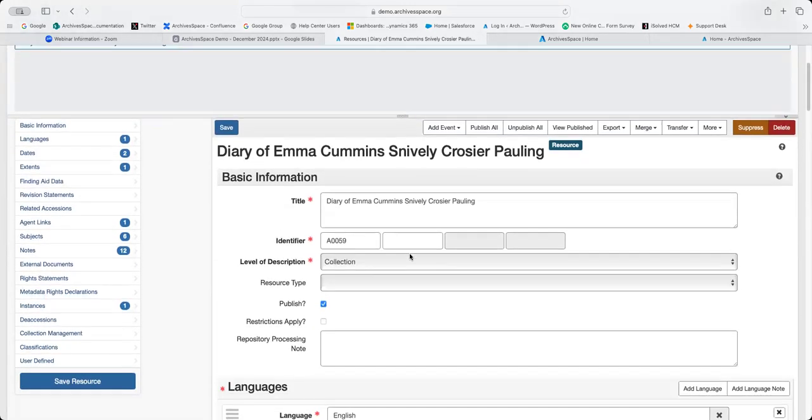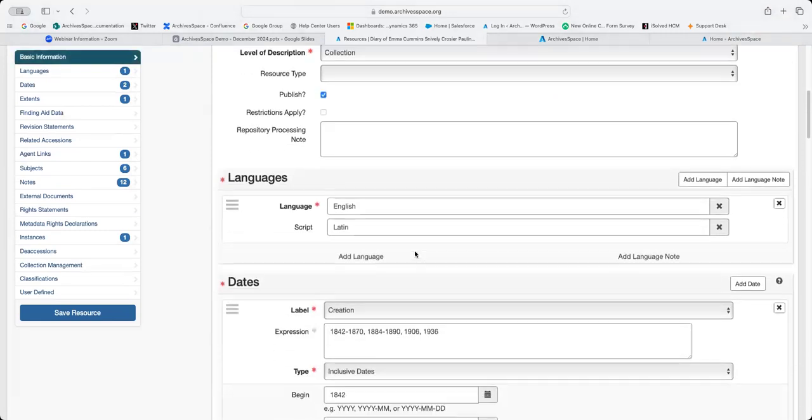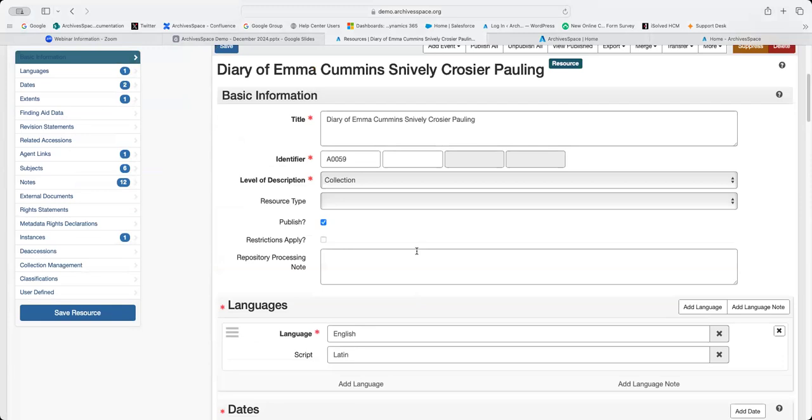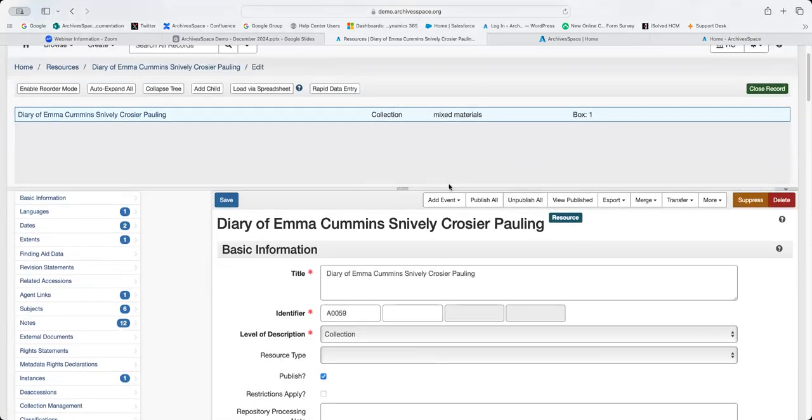It looks very similar to the accession record that we looked at, except there's much more required information and there are different fields. So it's not really the same, but it does have the same look and feel. Once you save a record, you will be presented with a lot of this matter right at the top. I'm not going to talk about this section now. I'm going to show you a collection that has a lot of hierarchy in just a minute, and you'll see what a collection with hierarchy looks like here. But if this did have child records like series and subseries and items, that would all be listed here.